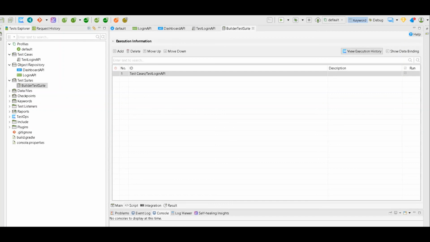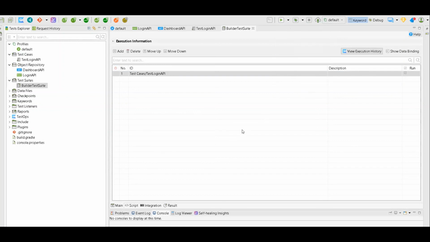Okay. So as I said, now it is ready. Now we just need to execute our test suite. For that, we have this play option, right? You can click on the drop down because the play option has multiple things. As I said, Katalon Studio supports a lot of things like UI automation with all these browsers. It also supports headless, Windows and mobile automation. So you need to select web service for this. So select this web service and that's it.